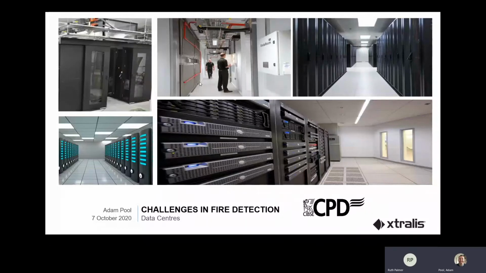Hello everybody, this is a CPD presentation on the challenges of fire detection in data centres. It's particularly focusing on some of the aspects with regard to trying to detect relatively small volumes of smoke which are created by electrical overload in an area where high airflow is going to move that smoke very quickly. So if we move on,